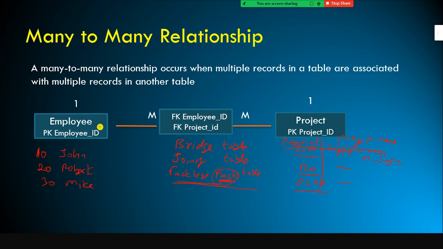So the only option is in this table, right? This is your employee table, with employee ID and employee name. The only way out is, like I showed you in the employee department table, you can store the project ID here. You can store the project ID like the department number. You remember in the employee table, we stored the department number. So here you can store the project ID in order to extract the project name from this table.